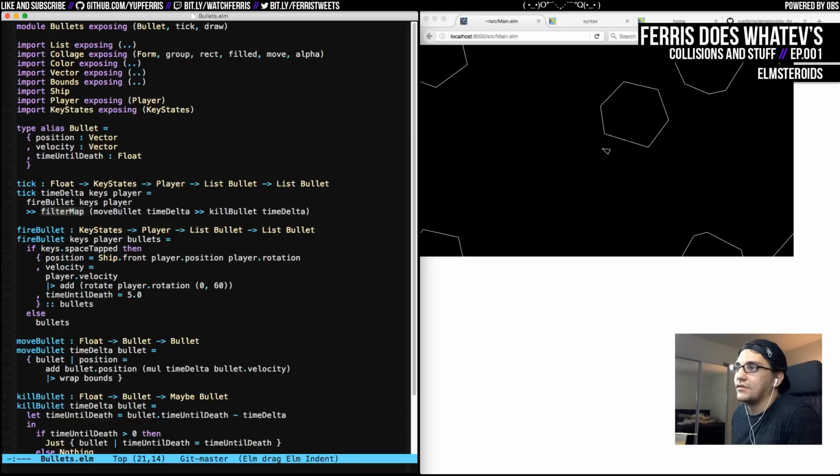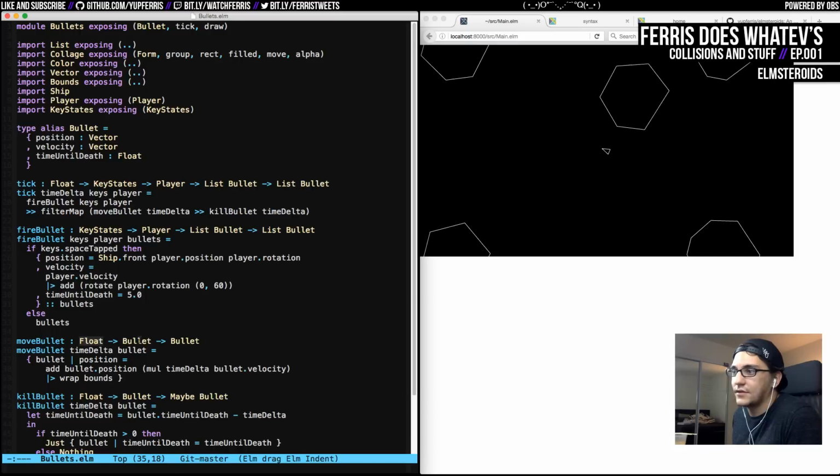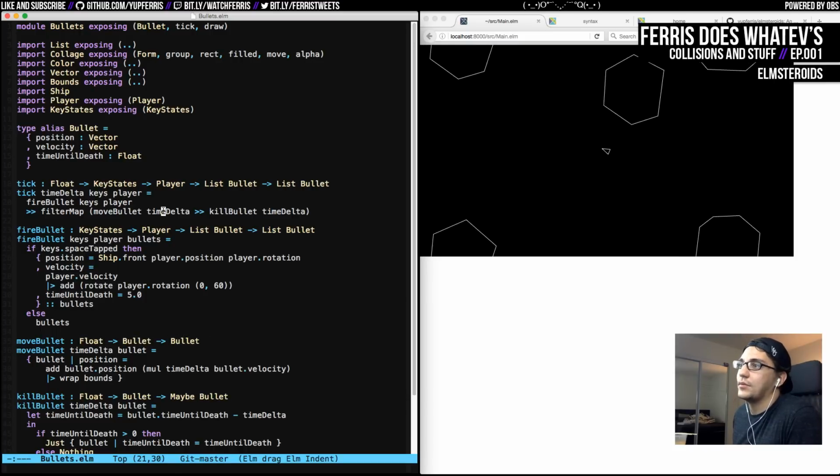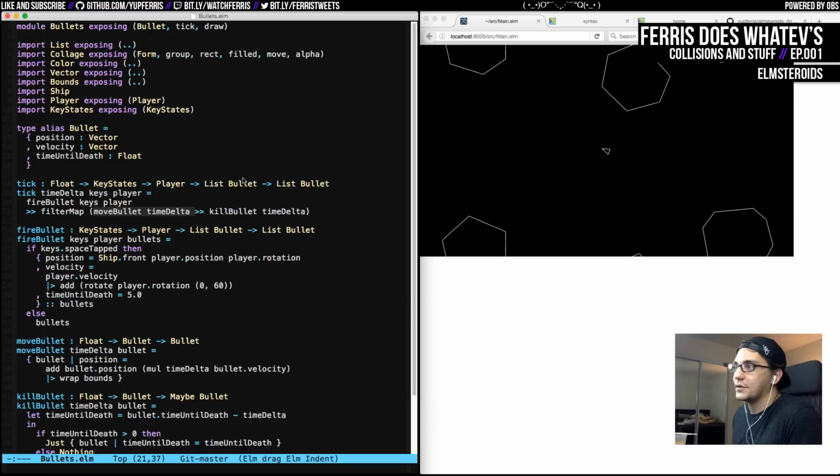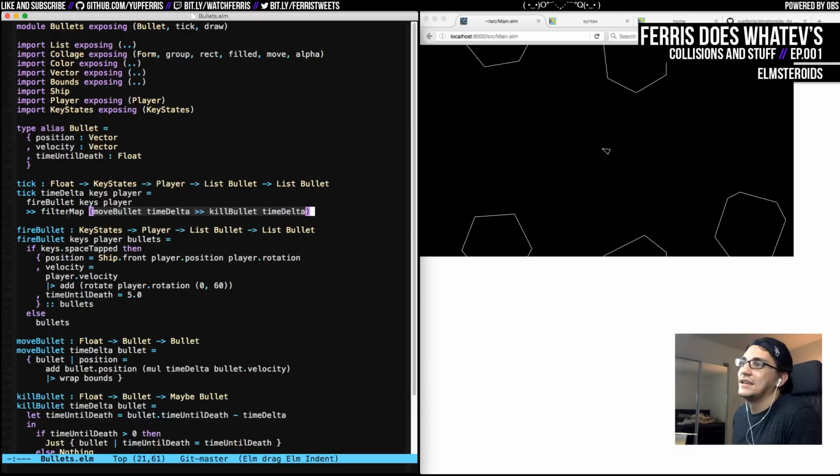So for example, move bullet takes a float, a bullet, and produces a new bullet. So if I only apply a time delta to this move bullet function, then this is a function that takes a bullet and produces a bullet. And the same thing with kill bullet: takes a bullet, produces a bullet. So these two together is just a function that takes a bullet and produces a bullet. So filter map